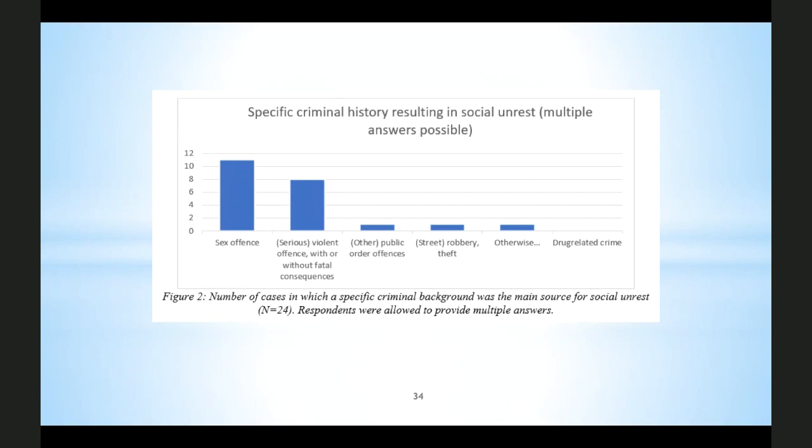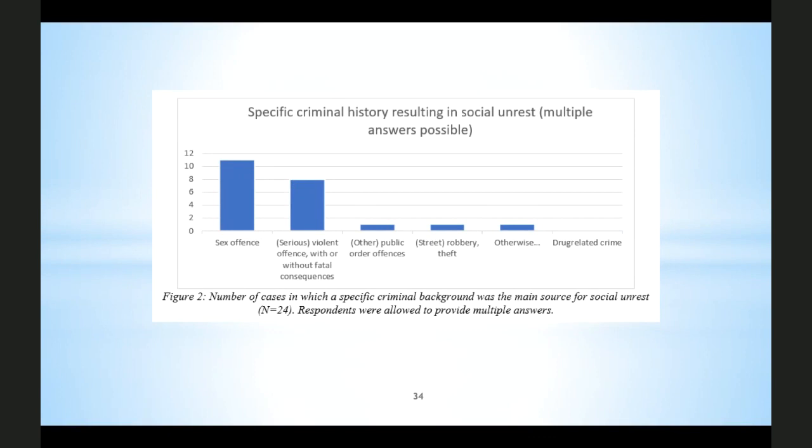There are 2 more tables I would like to show you. Because the respondents were also asked how they aim to prevent social unrest. Would they embrace a more, let's say, repressive approach towards the housing of ex-offenders, preventing them from settling in the neighborhood? Or would they allow the ex-offender to freely settle in the neighborhood, irrespective of community residents' feelings and concerns? Or would they try to find some balance between the ex-offenders and future neighbors?